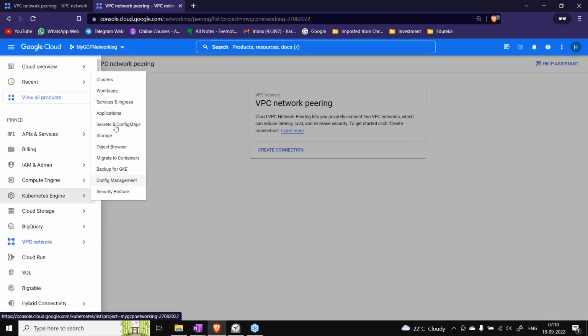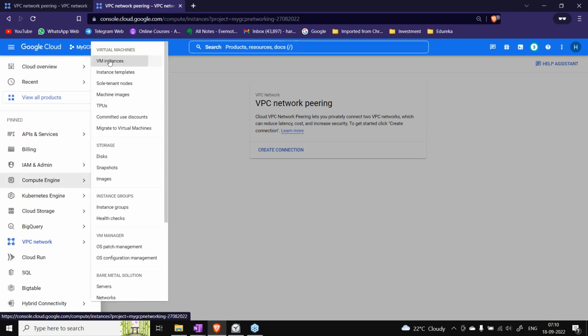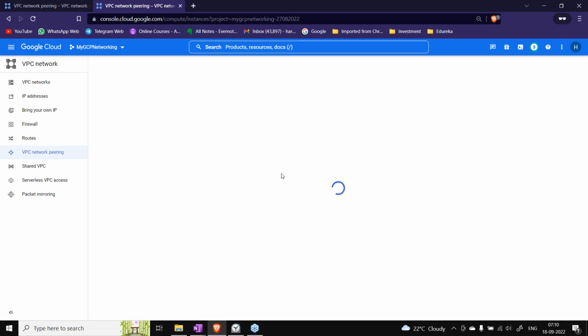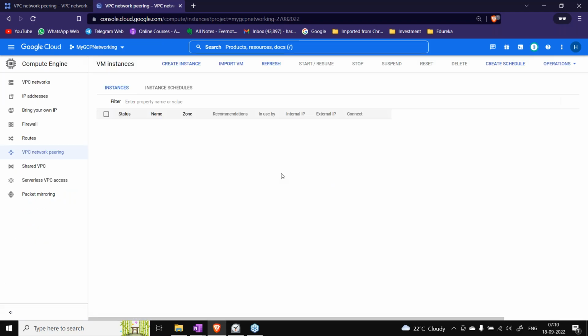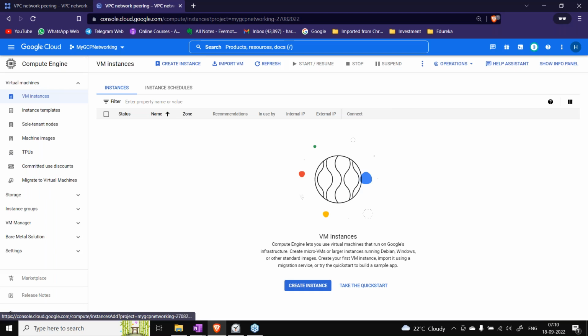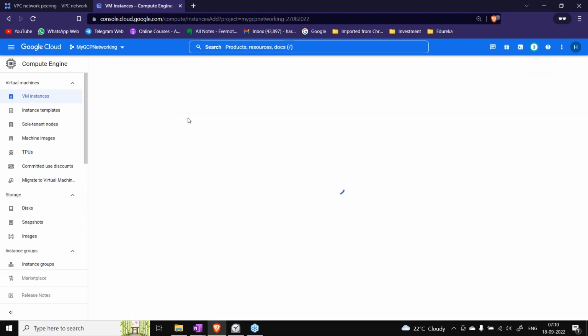So let's create a virtual machine instance. Of course, I want these VMs to communicate on the private IP, right? So we'll create one instance each.